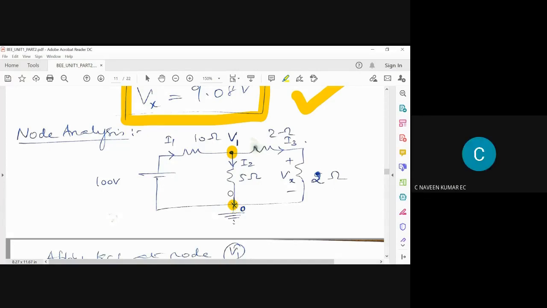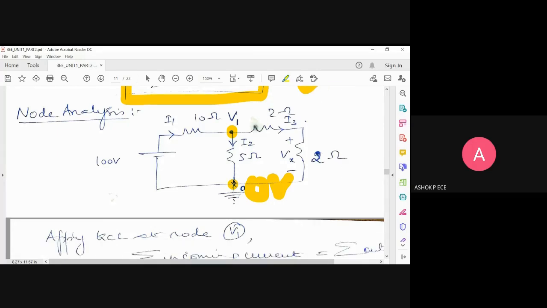Ground is a node, and ground potential is going to be 0 volt. So always for any circuit, if ground is not taken, you can assume all the currents will be at the end. You can draw this ground symbol. The ground is represented like this, diminishing lines, and it means that the potential of ground is going to be 0 volt.